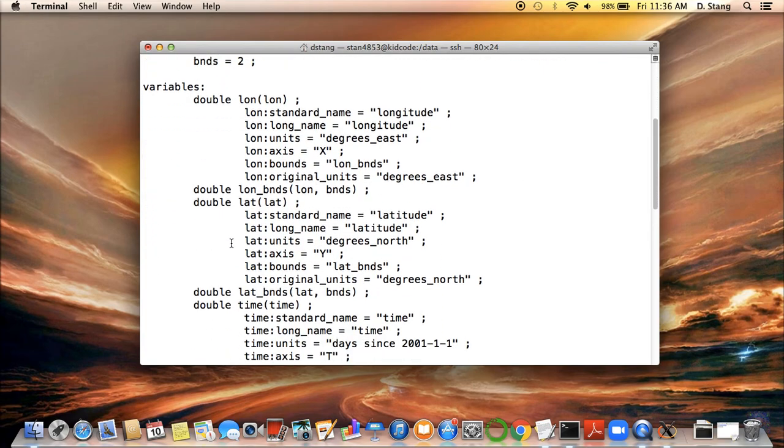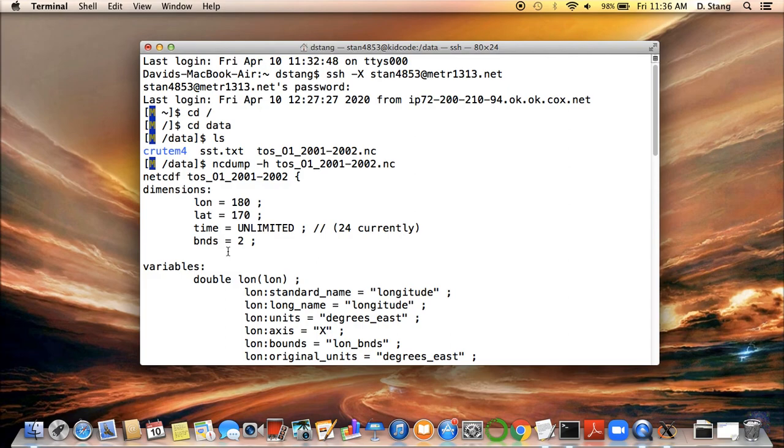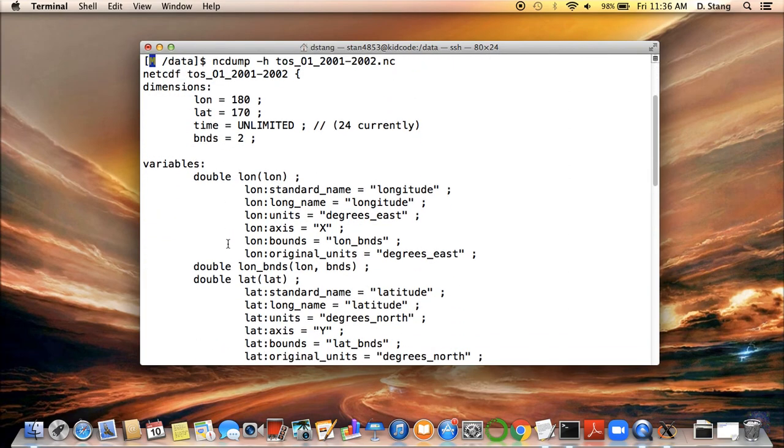And then contained within that are the names of the variables contained within the NetCDF file. This will probably be more significant once we actually look at this in a little bit greater depth. But contained within the NetCDF file is a variable called lon, which in fact stores a list of longitude values. And one thing that I do want to draw your attention to is the units shown on this line right